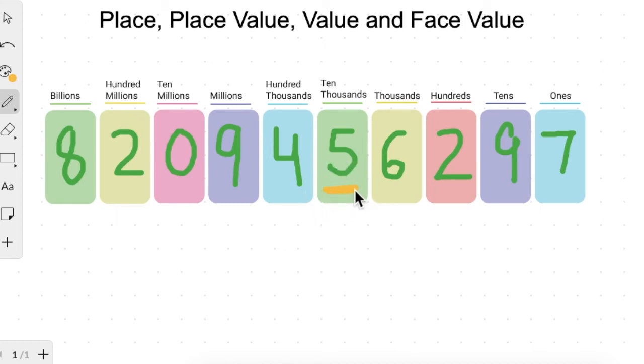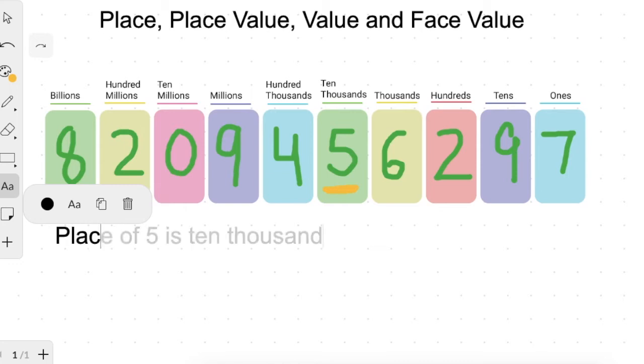Is it under the ones column? Is it under the thousands column? Or is it under the 10,000s column? So we can easily see, children, that this 5 is under the 10,000s column. So we can say that the place of 5 is 10,000.